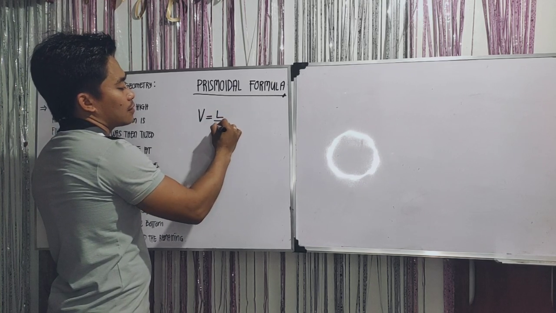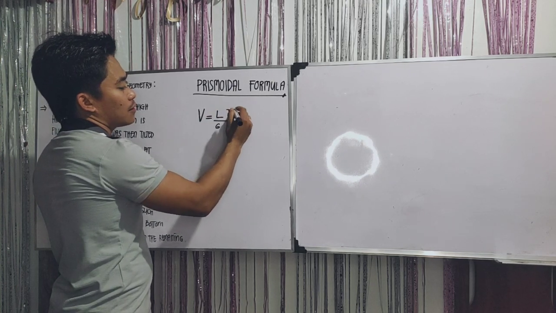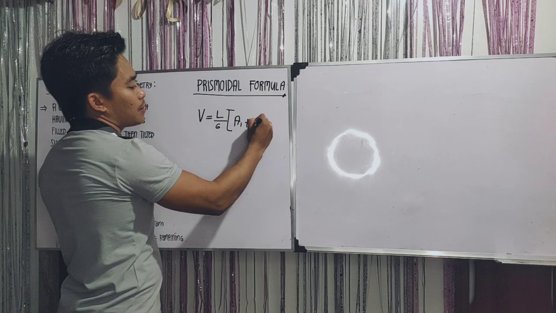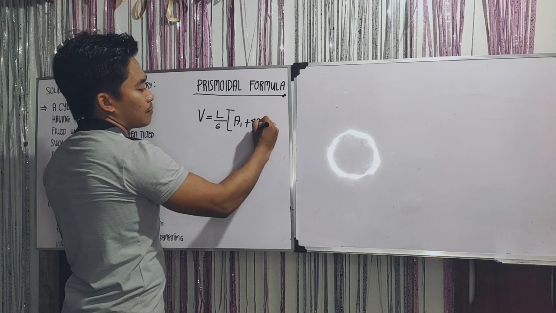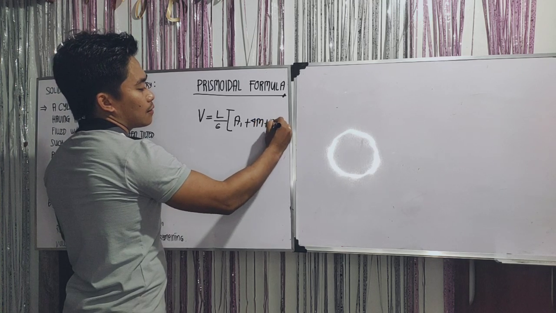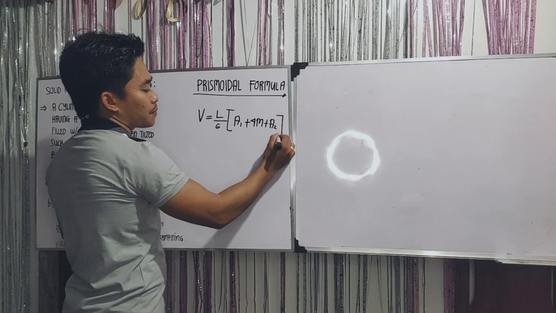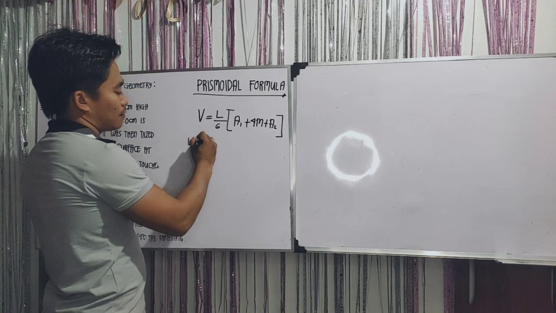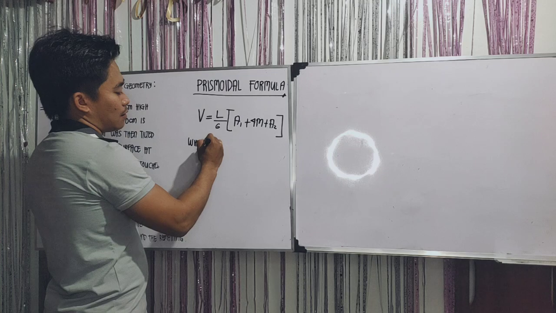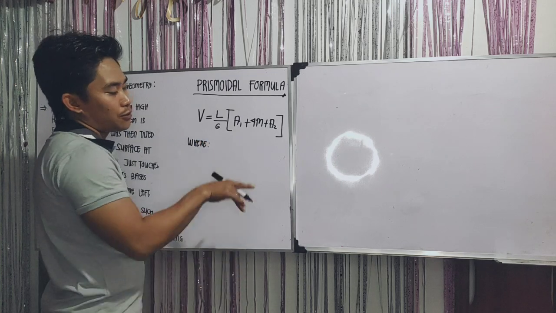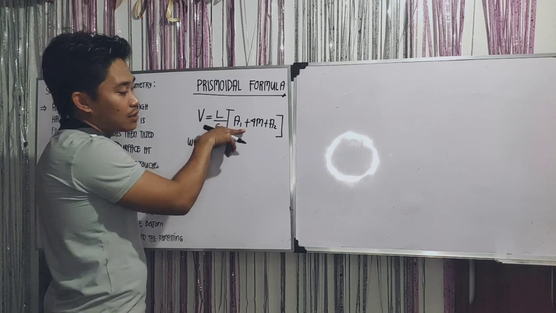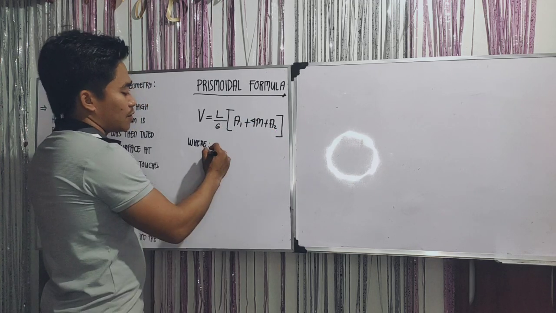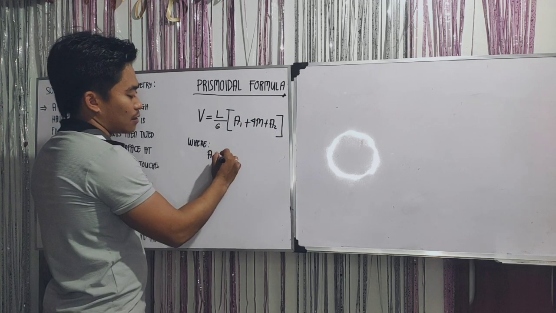The Prismoidal Formula is defined by V is equal to L over 6, quantity A1 plus 4M plus A2. Now, let me first define what this A1 means, this M means, and this A2 means. When we say A1, that is the area of